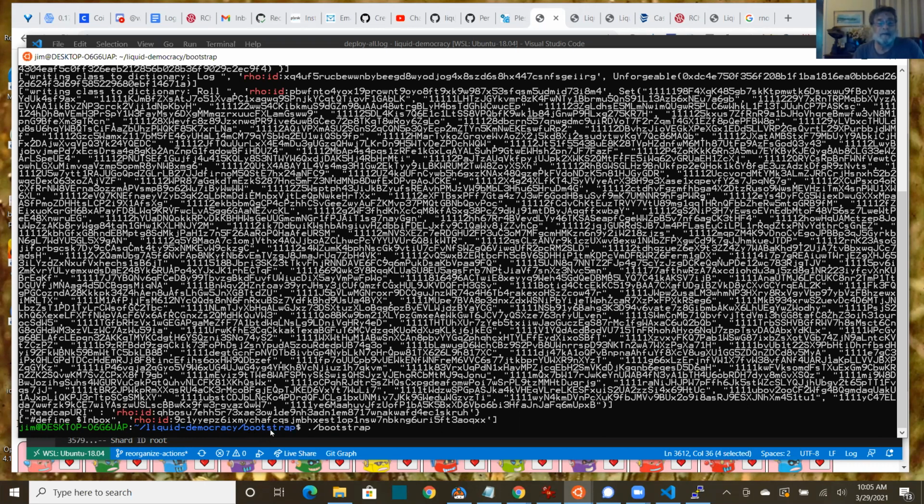And we go to the Bootstrap directory and we run Bootstrap, which loads all the basic classes, the Rholang classes, into a database and saves the checkpoint that we can use later. This takes about 15 minutes on a slow computer, but you only need to do it once because it saves a checkpoint. And then we do a deploy all, which deploys all the liquid democracy contracts that we have so far,